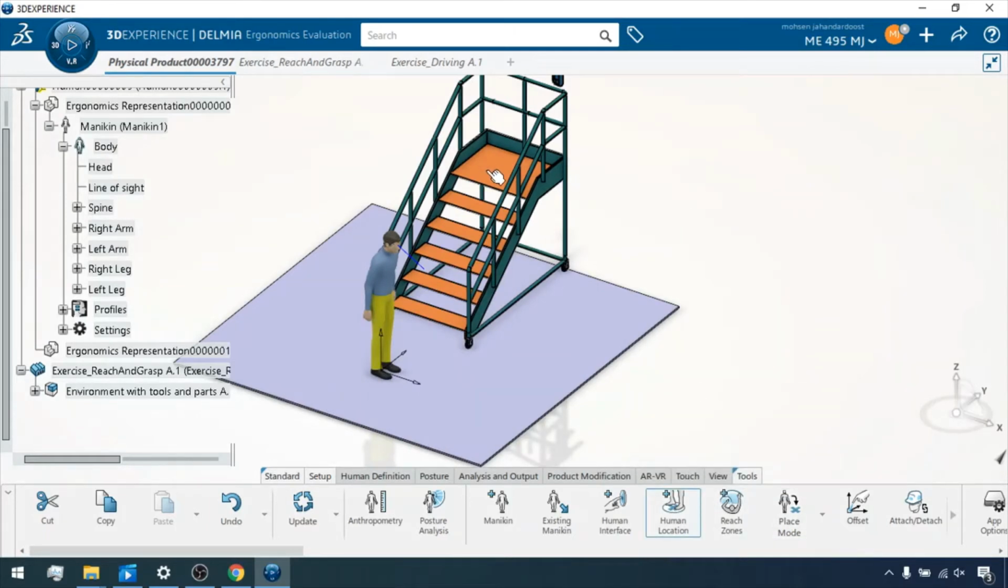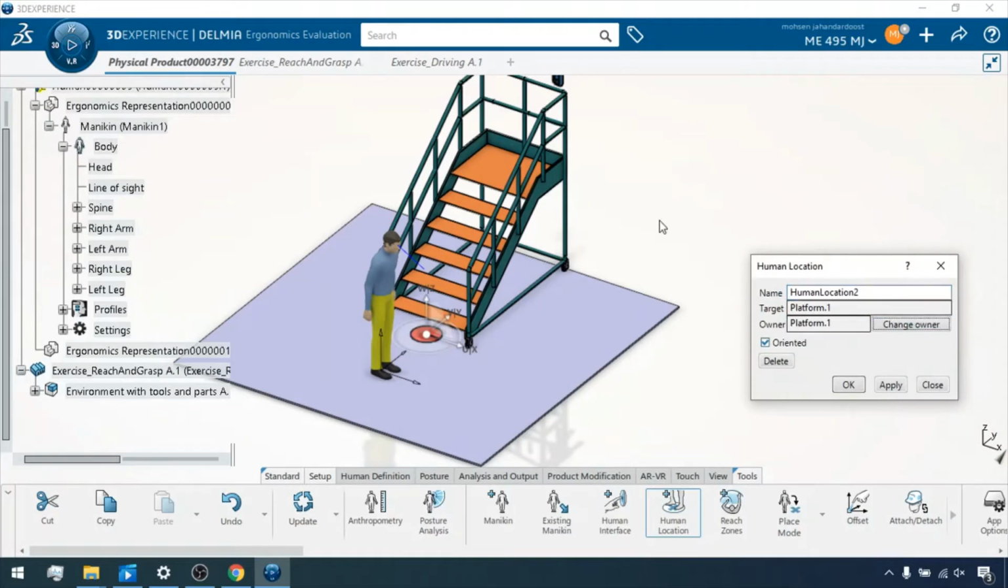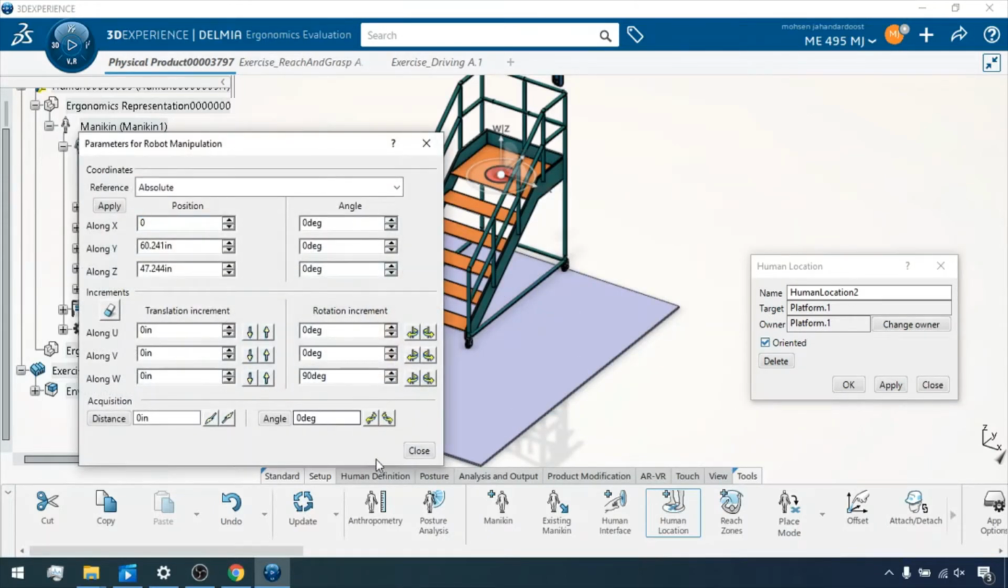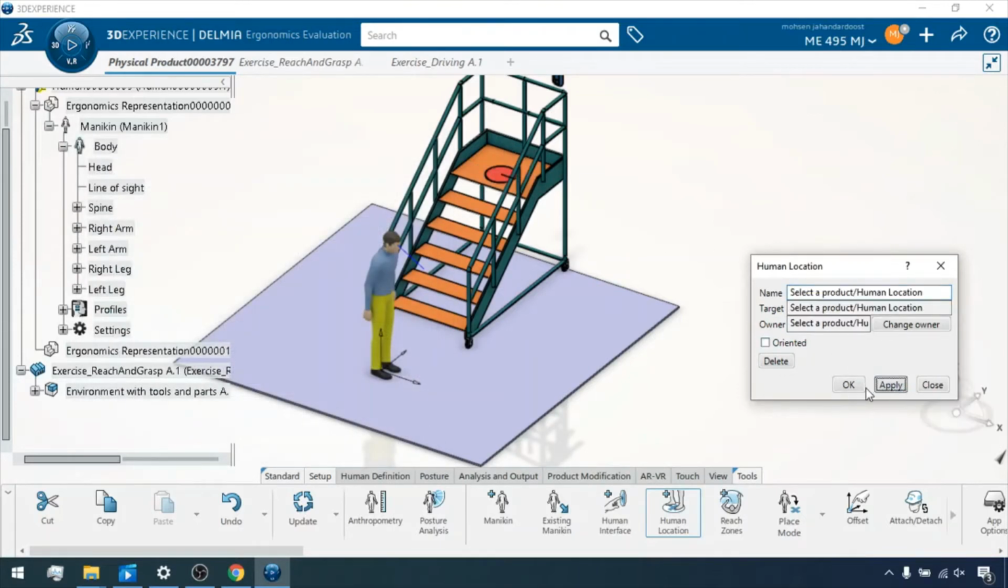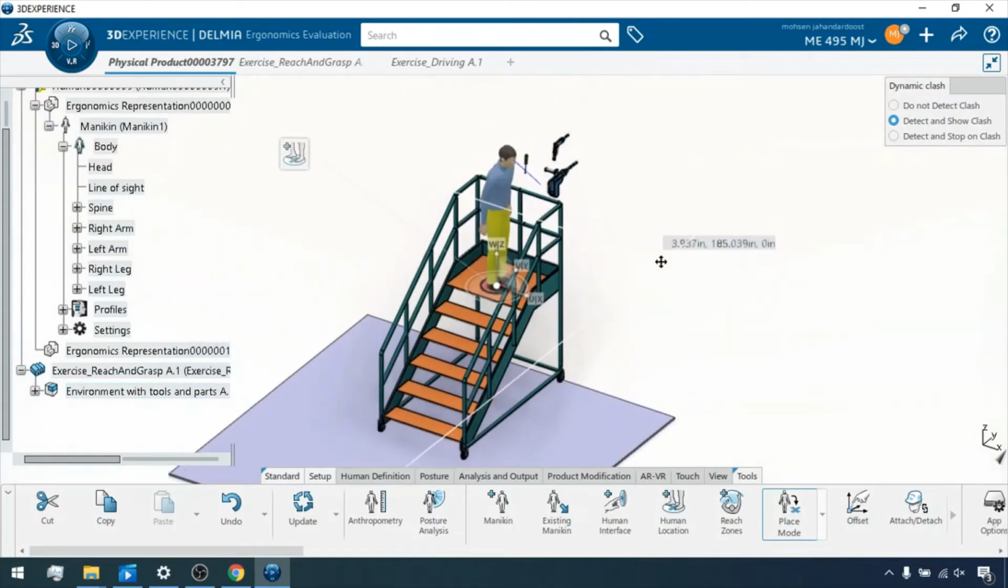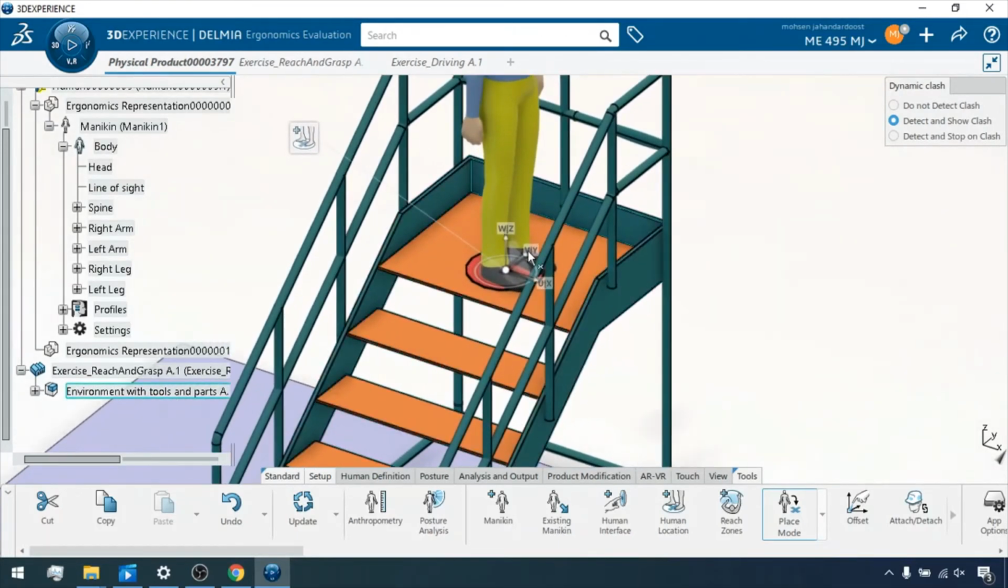So human location, change the owner, I select this plate and I click on that and edit that one, make it 0. Okay, now let me put the robot again in my human, then I select the place mode, I select my human and I select my place mode. Now it should move because